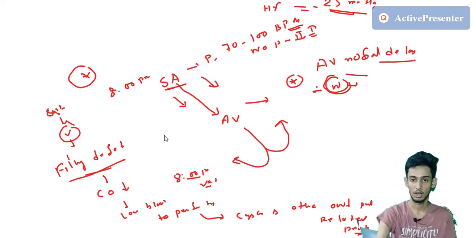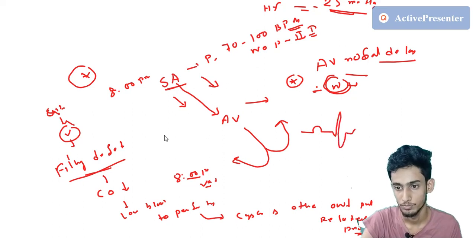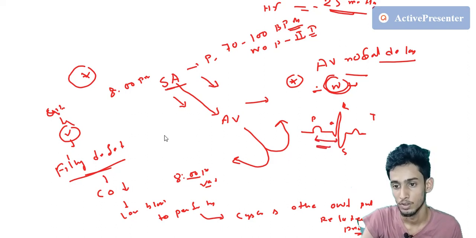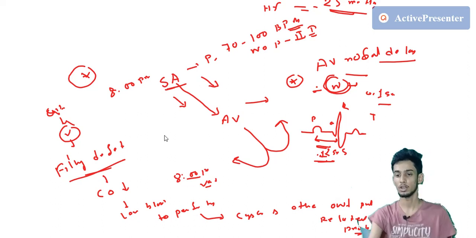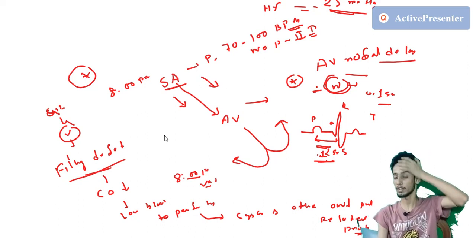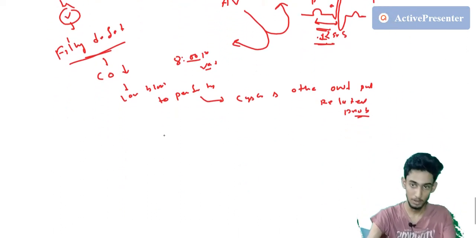So how can I put this on an ECG? Let's say on an ECG strip. This is P Q R S T. So what is the actual event? The actual event is P to R, so it is approximately 0.12 second, and normally 0.1 second, so the values are more or less the same. The actual event is measured by the PR interval. If the PR interval is long, then we can easily say there is a pathology in the AV node.